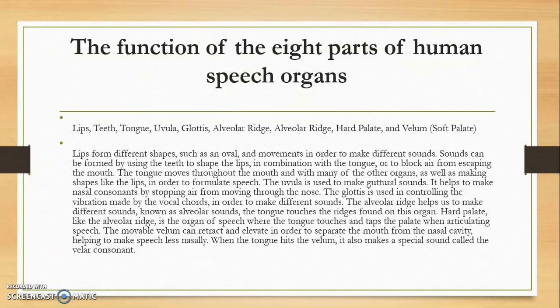The alveolar ridge helps us to make different sounds, known as alveolar sounds. The tongue touches the ridges found on this organ. Hard palate, like the alveolar ridge, is the organ of speech where the tongue touches and taps the palate when articulating